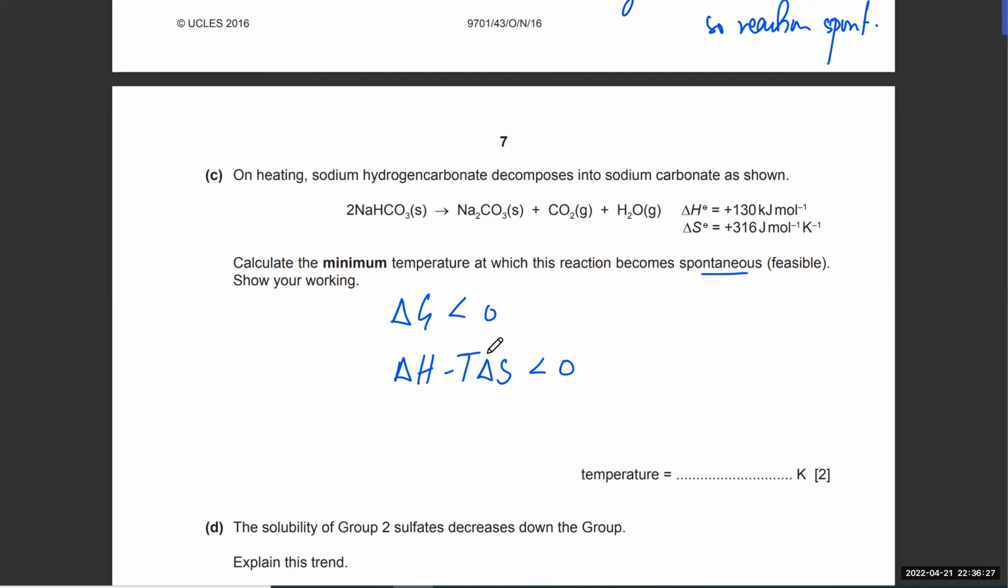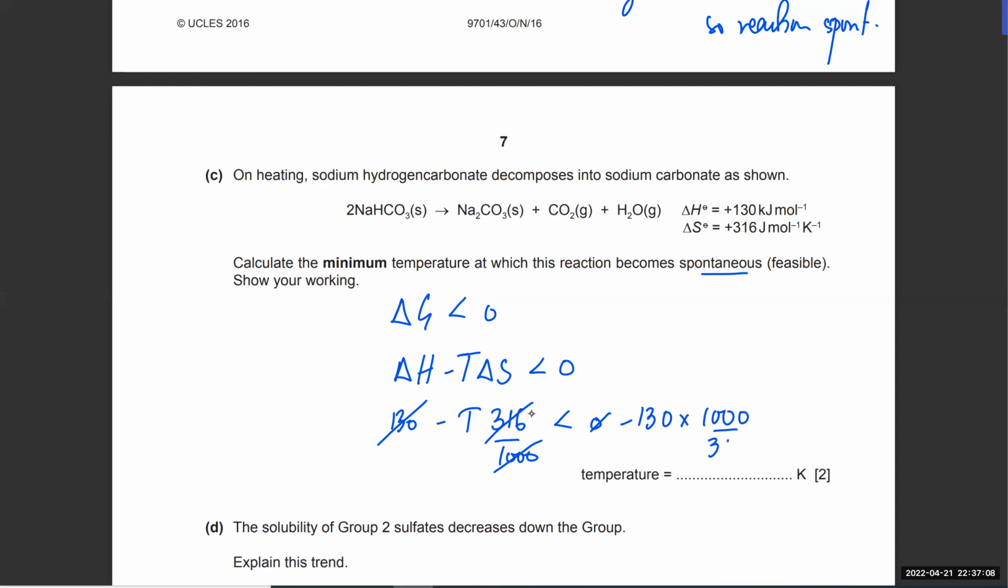So we need to solve this inequality. Delta H is given, that's in kilojoules, minus, I am trying to figure out the temperature. I don't know what the temperature is, and the entropy change is in joules. So I'm going to divide that by 1000, and I have to make this less than 0. So I'm going to take 130 to the other side. So this side would become minus 130, right? So now I have minus T into this thing. I'm going to take this number to the other side as well. That's going to become 1000